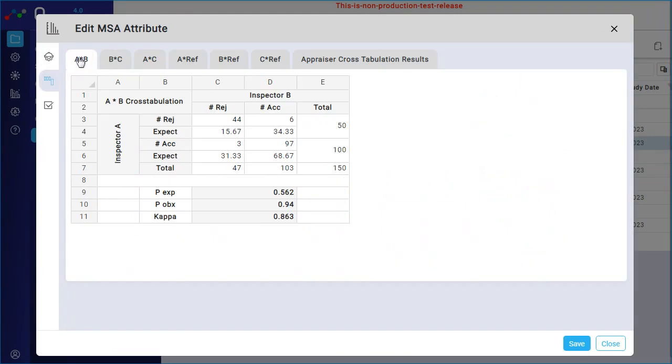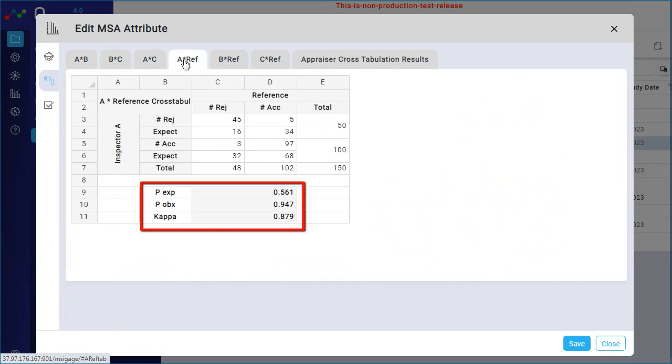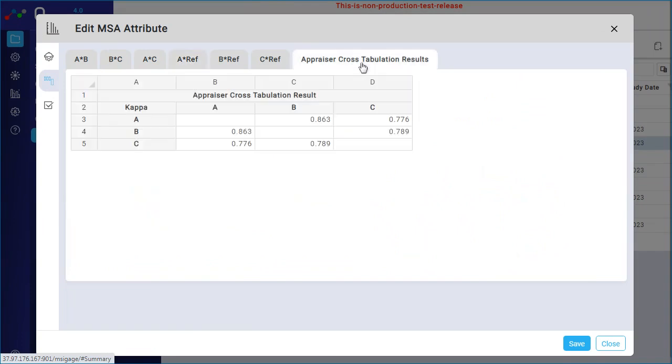In the second tab, we see in all the cross-reference tabulations how the appraisers agree with each other and agree with the reference value. In the screen, you see, for example, how the first operator agrees with the reference value. In this example, we see that the Kappa value is 0.88, indicating excellent agreement. The Summary tab shows all the Kappa values of all cross-tabulations, and all Kappa values are higher than 0.75, indicating